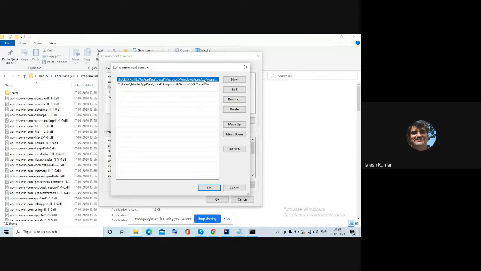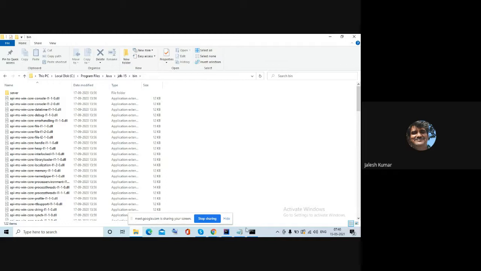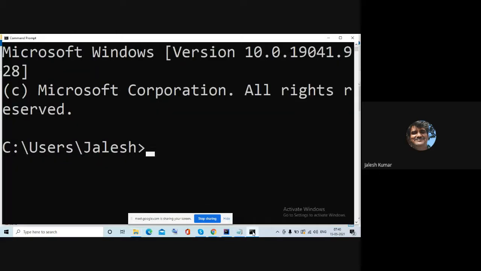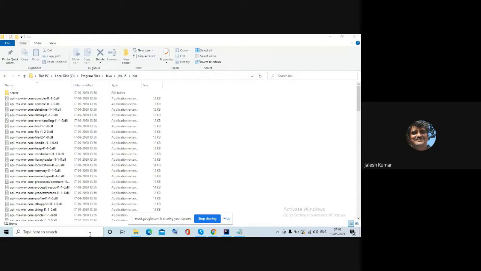So what you have to do is copy the path that you copied at this location. After the semicolon, you put C program files Java JDK 15 bin. So that particular path you copy here. Why copy this? If you have not copied it, then when you are opening the command line, once you install JDK, how will you execute the program through the command line? The first demo is about that.